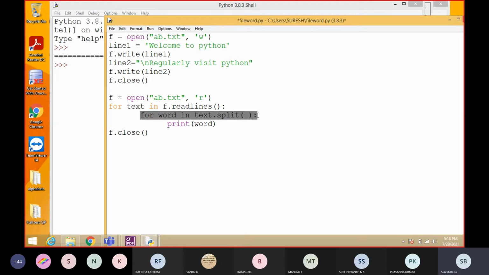Again inside the for loop we are using a string function. You should know all the functions of the string. Split is the string related function, used here with the space value. Inside we are using only one space. So whenever it takes a space character, it will be split as a word. It will be treated as a word, and the second, to, is a word. Python is also a word. So see, I'm going to execute this.